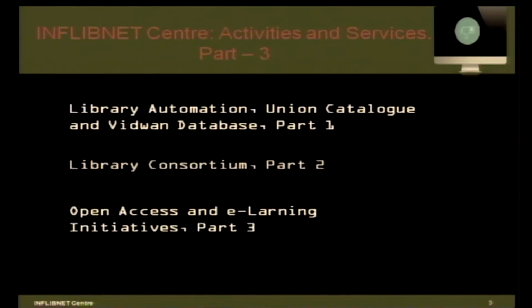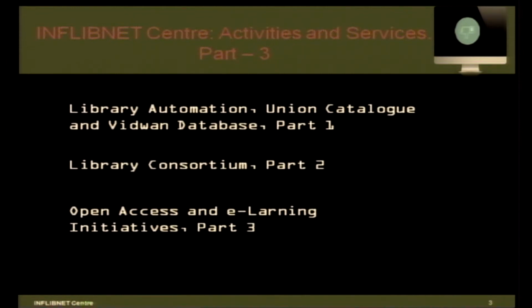We have another project on university profiles and university ranking, where we help government to rank universities under the National Institutional Ranking Framework, NIRF. In 2016 rankings have already come, and we are now preparing for 2017 rankings. So, I will be talking about more details about all these aspects. Right now, we will be covering open access initiatives as well as e-learning.